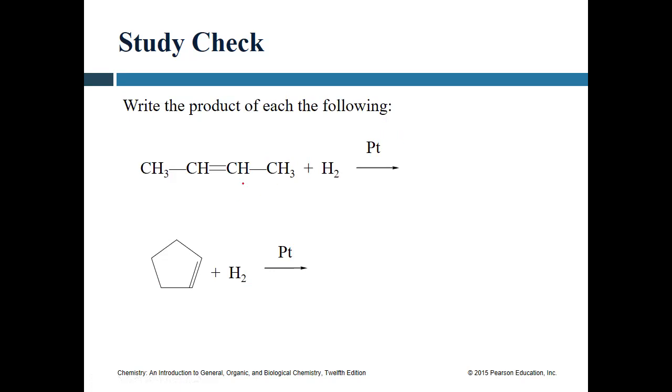And so if we look at any number of these, we're going to see the same kind of application taking place. This hydrogen is going to insert itself over this bond. And so the net result would be a resaturation